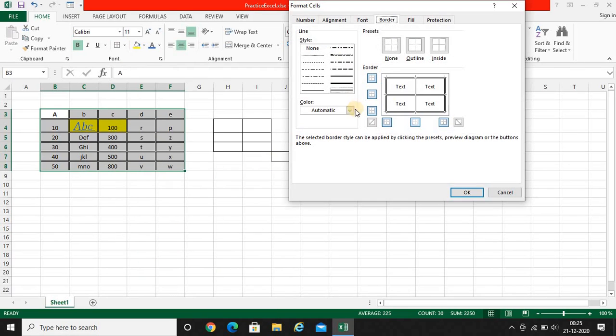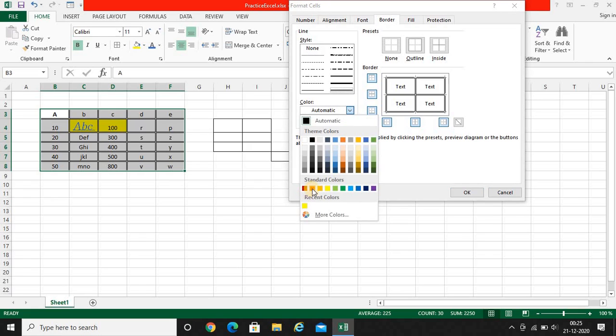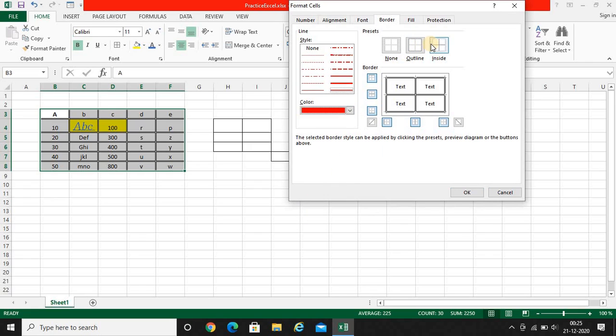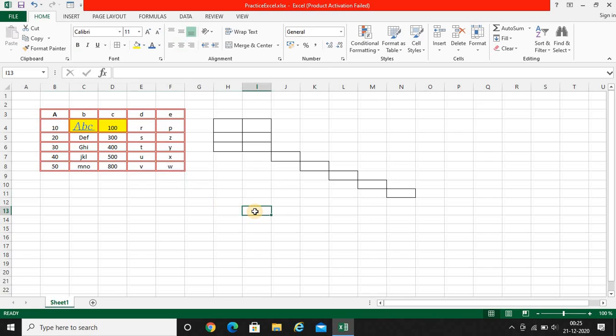border part. See, from here automatically you are choosing red, and now you have to choose this inside and outline, so it becomes applied. The border has been applied. Now you click OK. Now you can see that everything is marked with a red outline. So this is all about borders. From here you can easily understand how the border color is given and how these are actually made